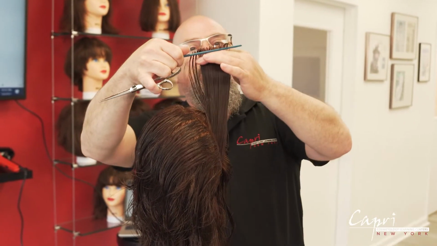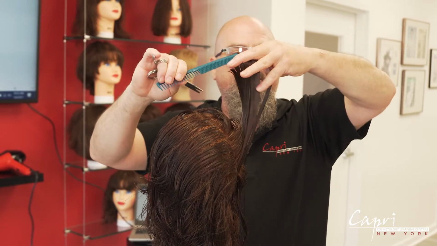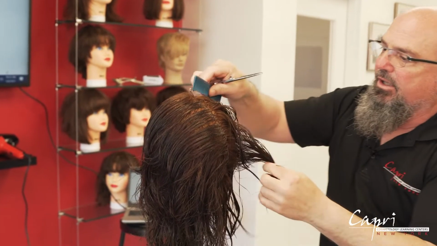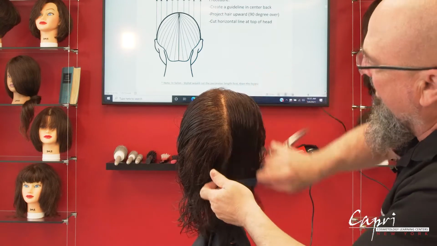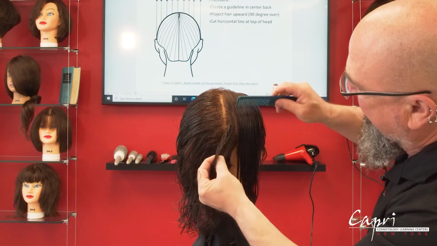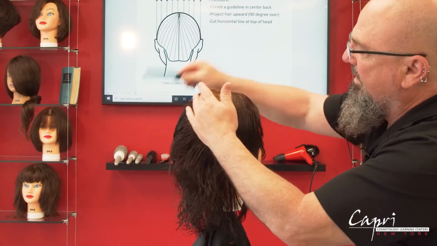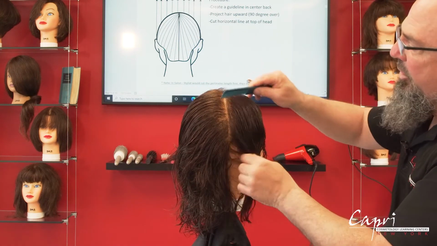See if there's any more hair to take off. Just that little bit right there. And I could see that this hair is not reaching. And we're going to continue this haircut. So I'm going to take a piece of the guideline that I've already cut away and a new piece of hair